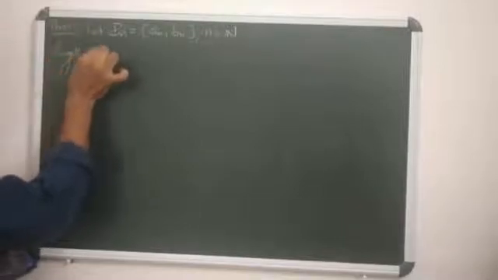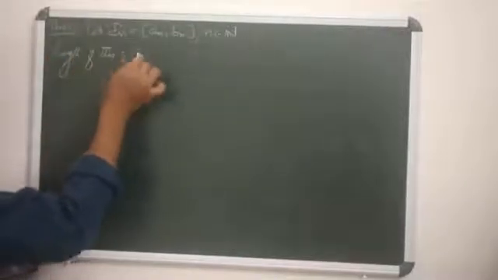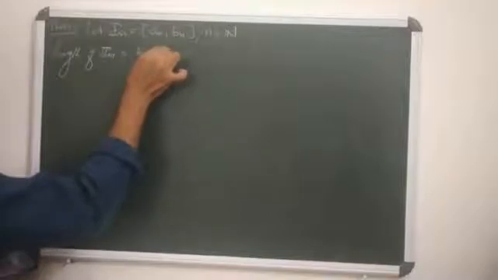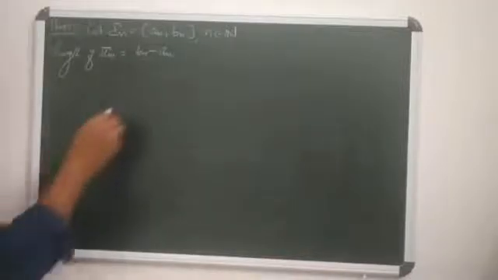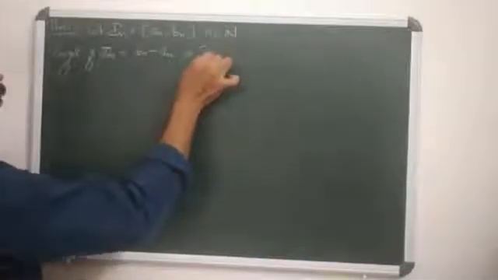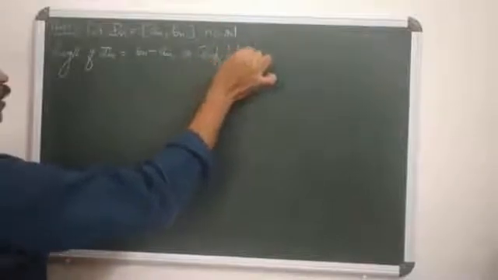Length of In means it is bn minus an. Length of In means the length of the closed interval [an, bn]. The length of a closed interval is its upper limit minus its lower limit, so bn minus an. Okay, that satisfies, or it is such that the infimum of the length of In,